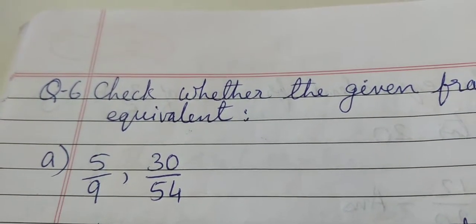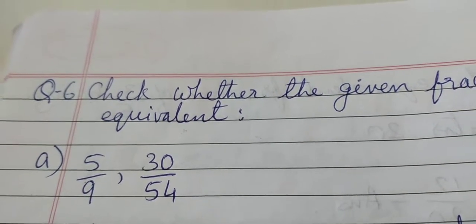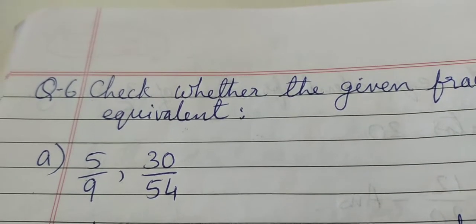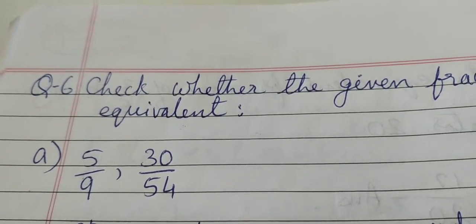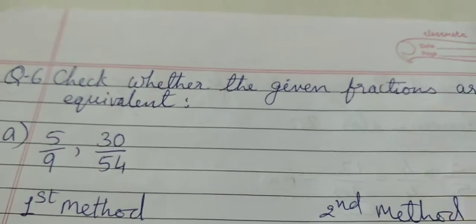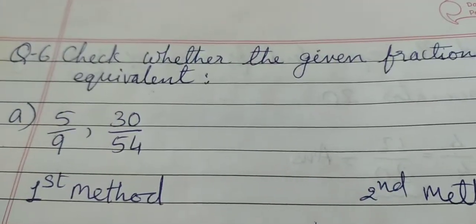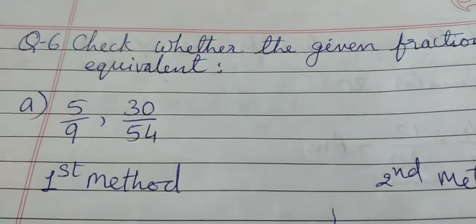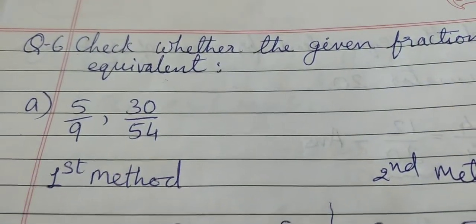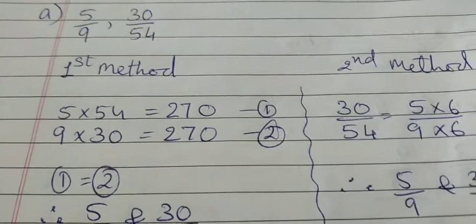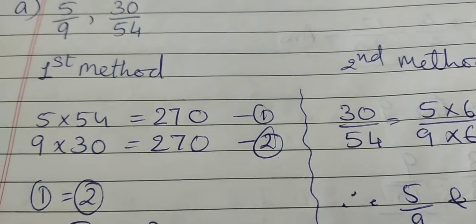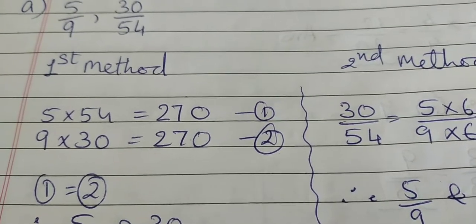Today we are going to do the sums of question number 6 of exercise 7.3. Check whether the given fractions are equivalent. We have to check whether both the given fractions are equivalent or not, equal or not. I have tried to explain this question in two different methods, and you are free to choose any one of